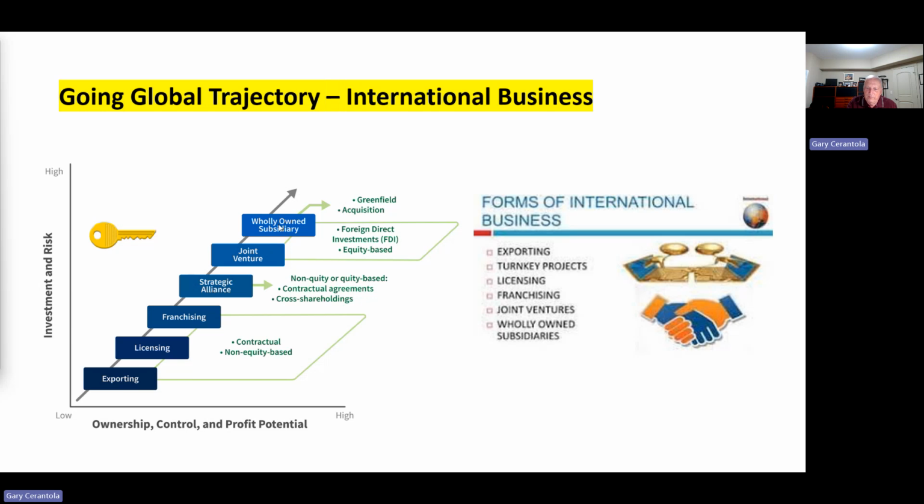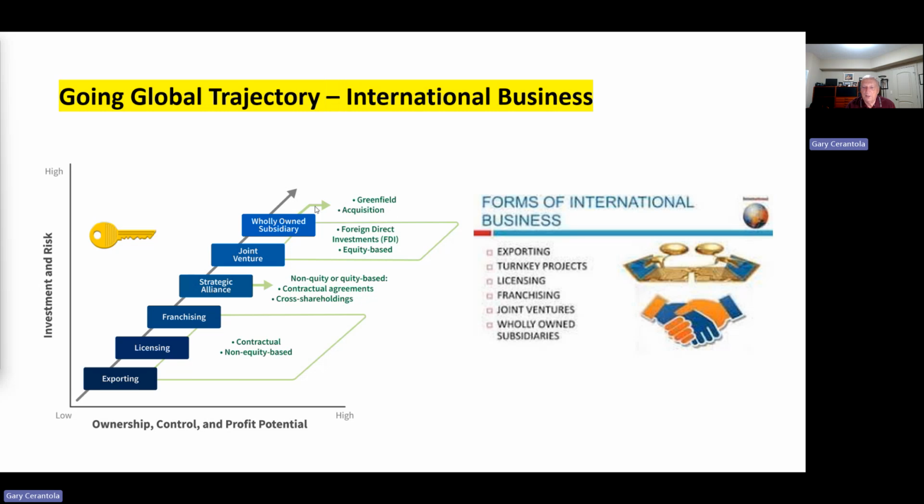When we say wholly owned subsidiary, we can do this by greenfield. Greenfield means you go into, say, Germany because you want to manufacture a particular type of motor. Then you buy the land, build the factory, and recruit. That's greenfield, right from the start. Or you could go in and buy an existing company that could lend itself to manufacturing your motor. That's an acquisition. And what this involves is foreign direct investment.